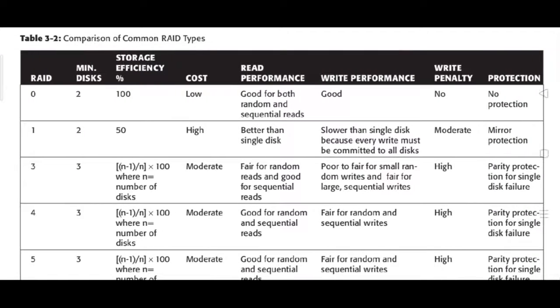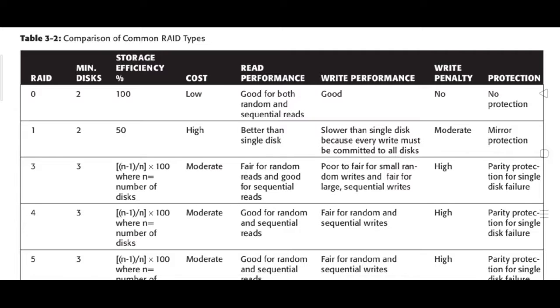Okay, here parity protection is implemented. Write penalty is high. The write penalty value will be 4 here. Then the write penalty for RAID 4 will again be computed. The minimum number of disks for RAID 4 and RAID 5 is configured similar to RAID 3. The configurations are similar; in some, a dedicated disk is used for parity and in others a dedicated disk is not used, but the number of disks is the same, right?